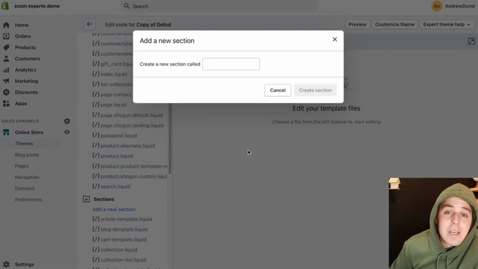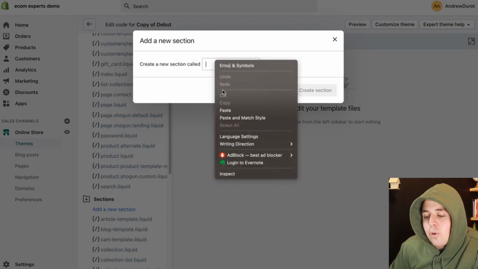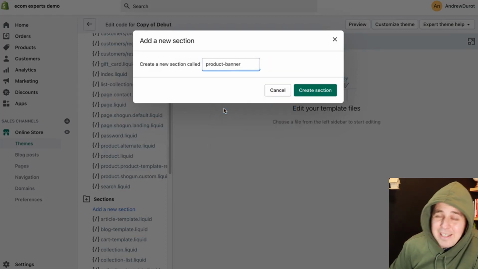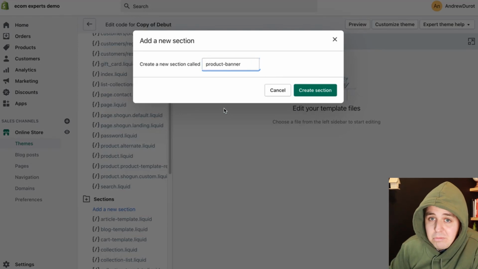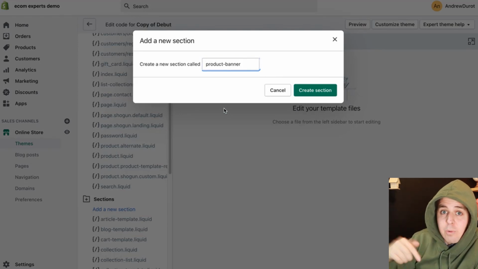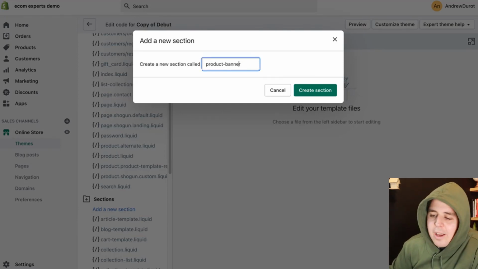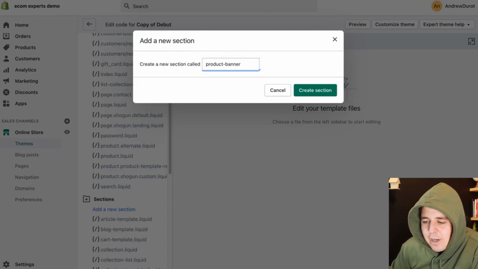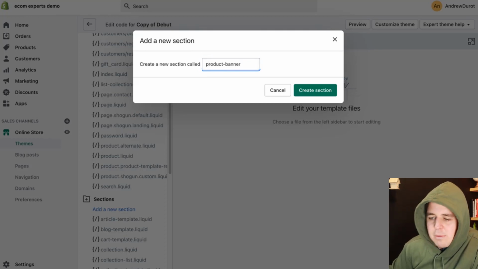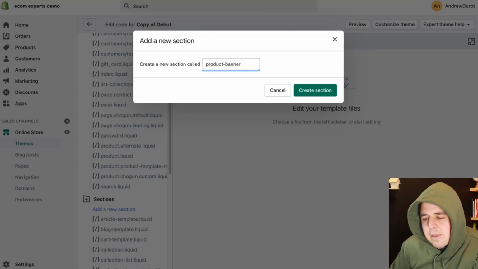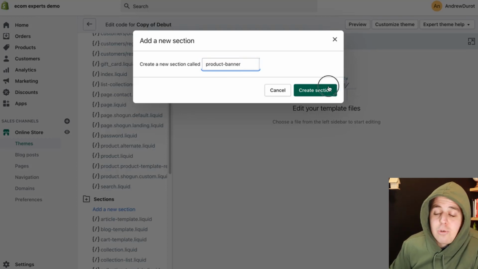It's going to ask us, okay, how do you want it to be named? And you're going to follow the exact naming that there is on the file that I'm sharing with you in the description down below. Why? Because if there is a space, oh, you see here, there is a space before, that's not good. Oh, no, there isn't. Okay. Make sure it's exactly the same way. No space here, no space before. These types of things are important in code. So once you put the name there, product-banner, you do create a section.